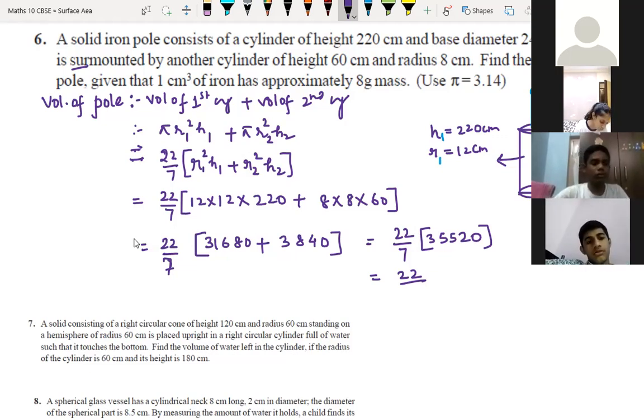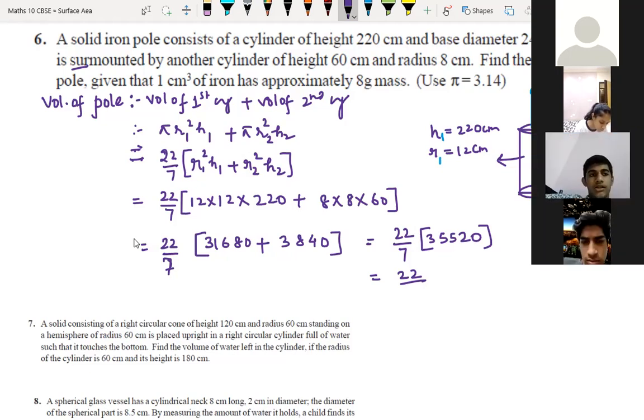In the exercise, what is coming? I will check. Exercise 13.2, question number 6. Check what is coming there. So if you just divide here, 7 3s are 21, 7 5s are 35, carry 1 means 35, then 0 will come. 7 7s are 49, 7 4s are 28. Sir, which exercise? 13.2.